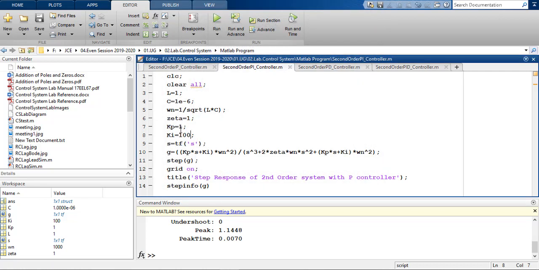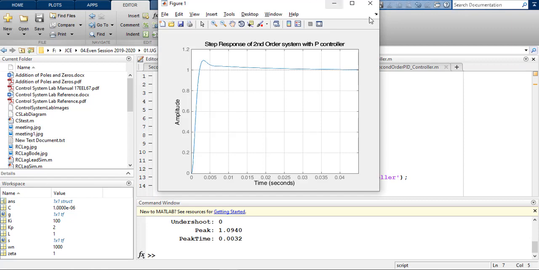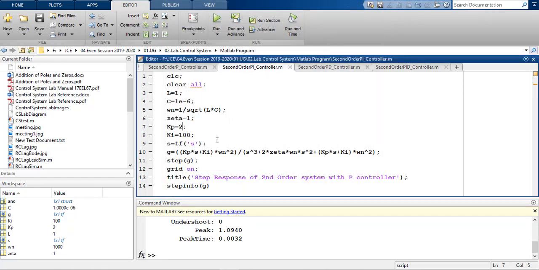But when we increase the value of Kp, it becomes oscillatory. So make Kp equal to 2, and you can see the system becomes oscillatory. It will slowly turn out to be oscillatory, or you can reduce the value of Ki.